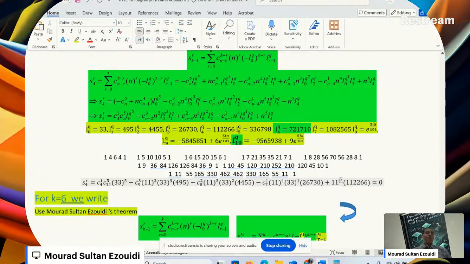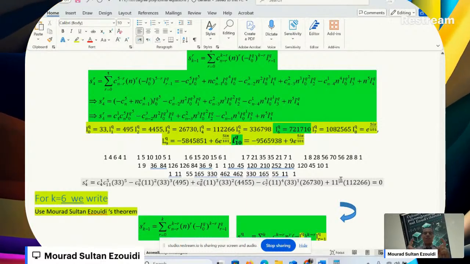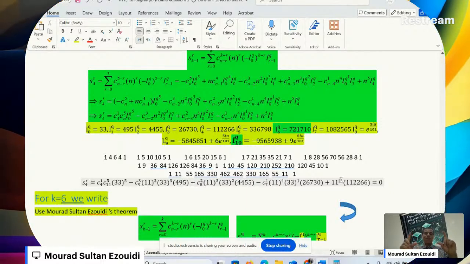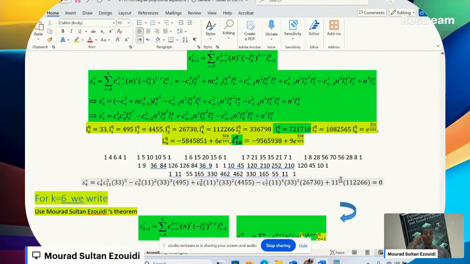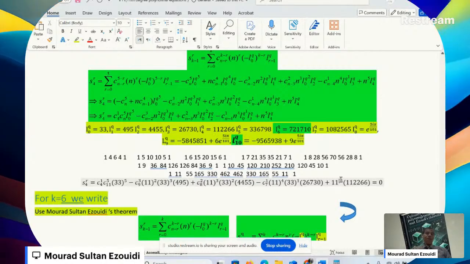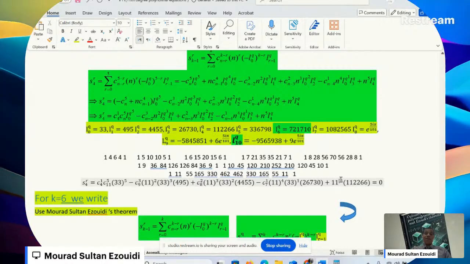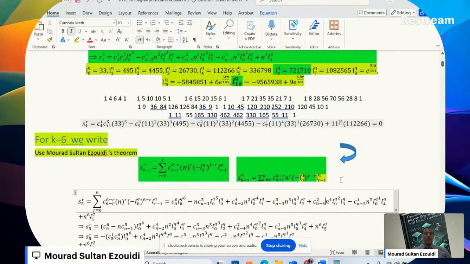Dive into the theorem of Mourad Sultan Ezouidi and put K equals 6. Okay, and between parentheses, travel wheresoever. Even if you want to travel to the moon, you will never find this formula. This is my theorem that has been developed, discovered and innovated after more than 14 years of